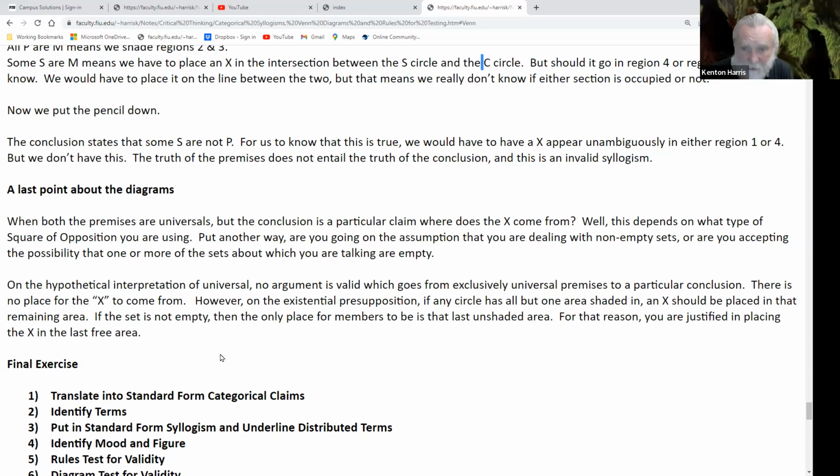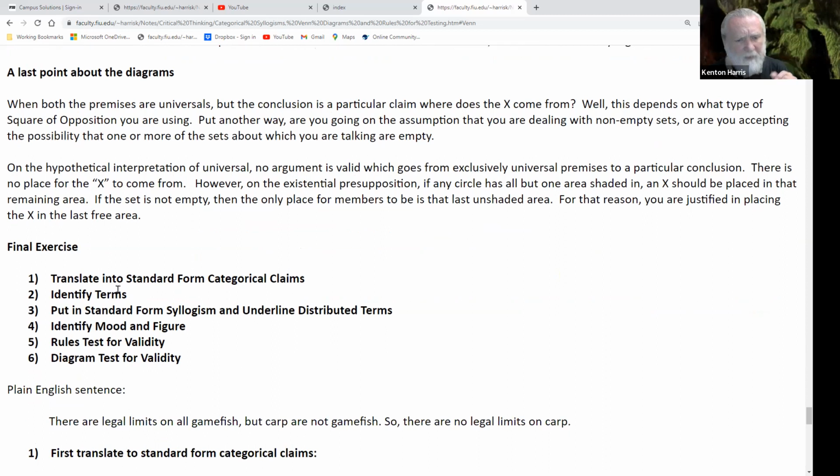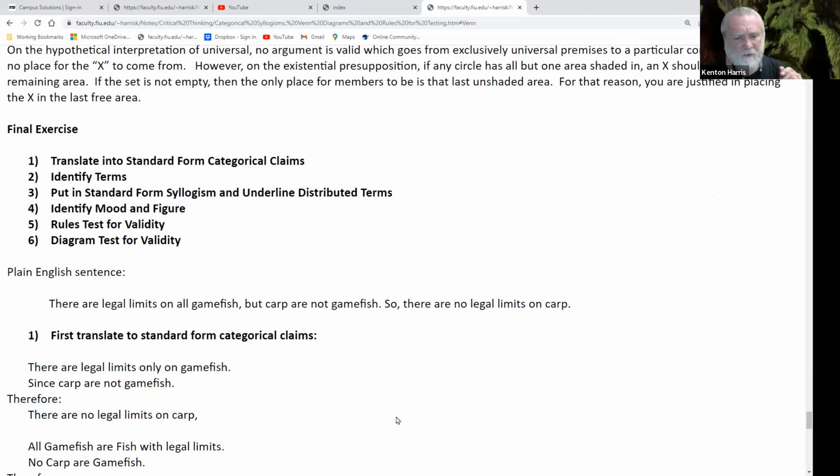However, on the existential presupposition, if any circle has all but one area shaded in, an X should be placed in the remaining area. And why is that? If the set is not empty, then the only place for members to be is in that last unshaded area. For this reason, you are justified in placing an X in that last free area. And that's when we say the syllogism is conditionally valid. And so here I give you a final exercise to do,